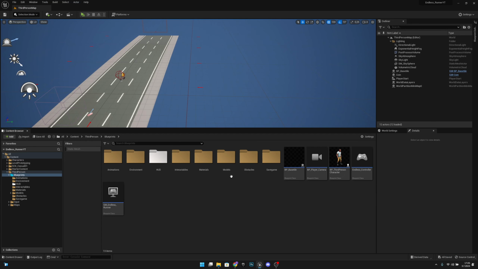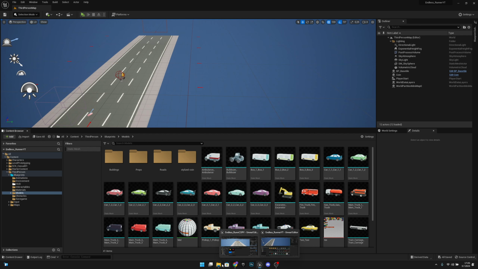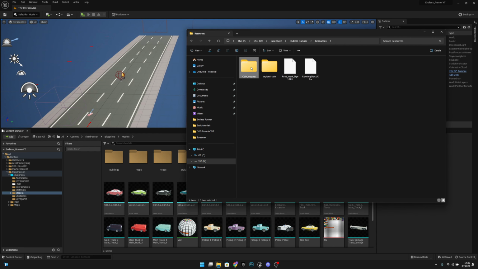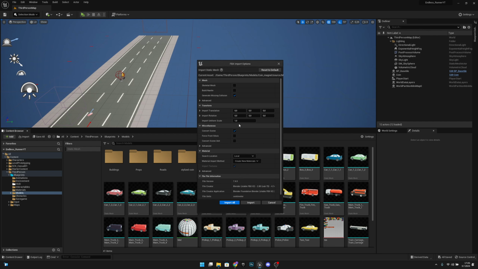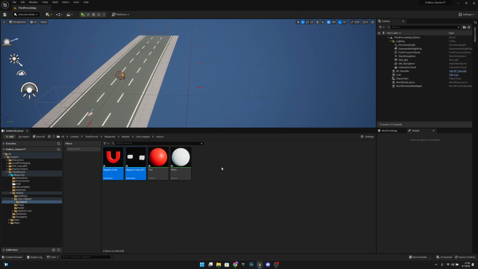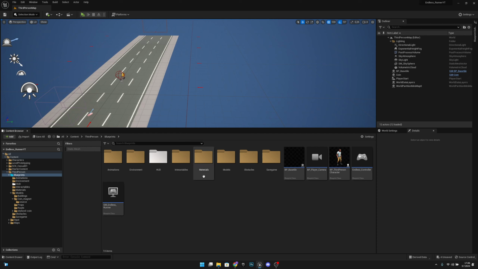then you want to go to the Models folder, and you want to open the folder where you have the coin magnet. So let's move the whole coin magnet folder to here. Let's select import all. Let's not change anything. We get this error. It doesn't matter. Let's just close this. So now we have this. The magnet actually comes in two different meshes. It doesn't matter. Okay, now that we have done that, let's go to the blueprints and let's go to the